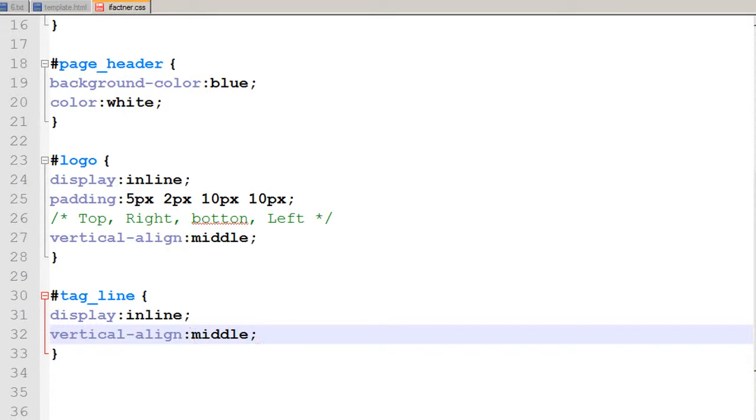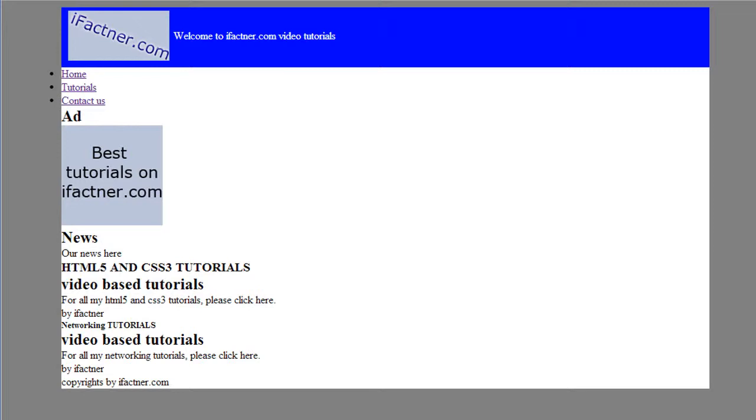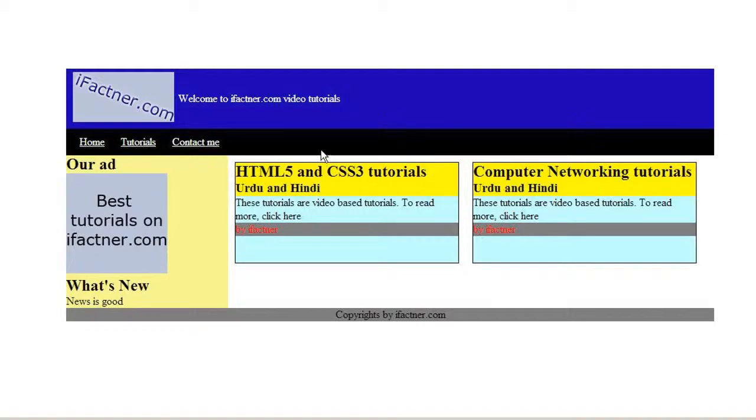So now friends, we have just made our header, and now in the next tutorial we will be styling our